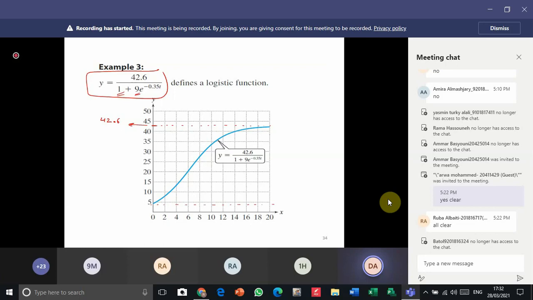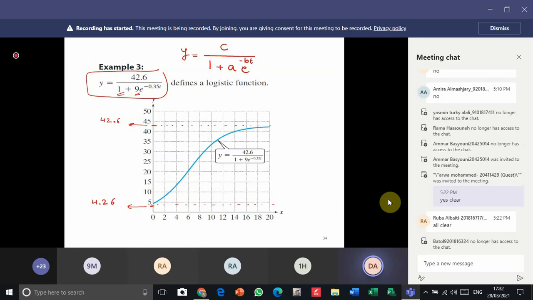So this equals 42.6 divided by 10, which is 4.26. This is the minimum, 4.26, because we divide 42.6 over 10. Okay,